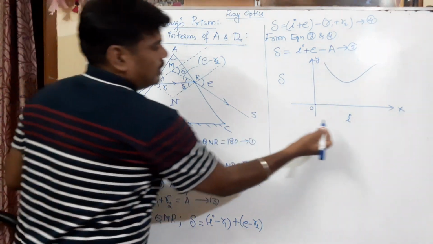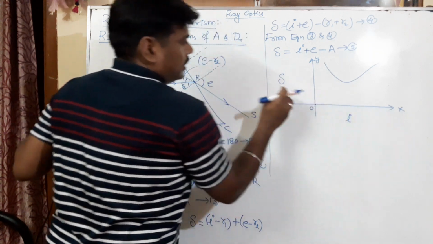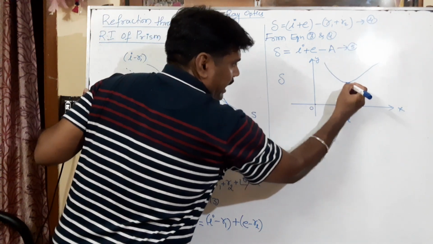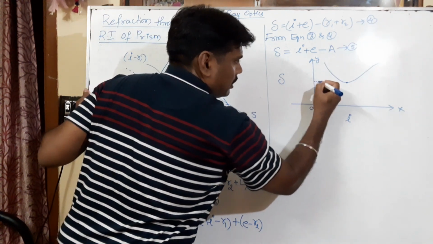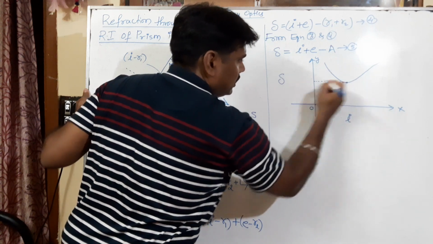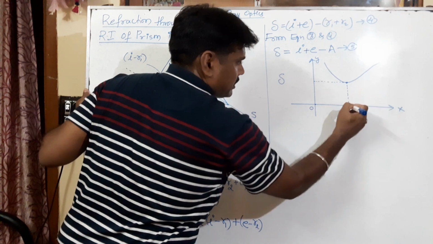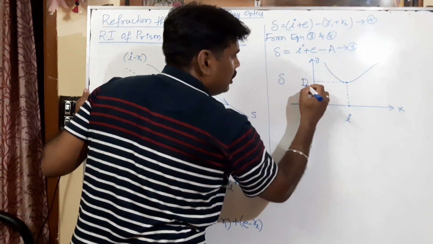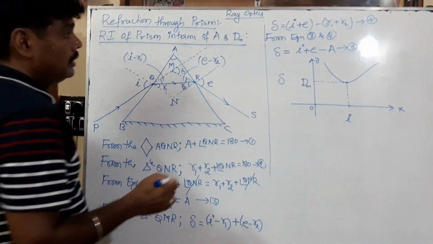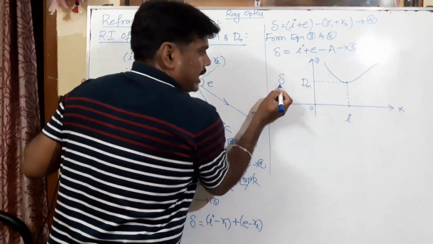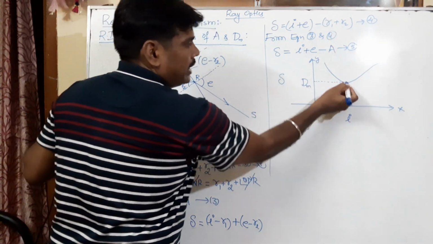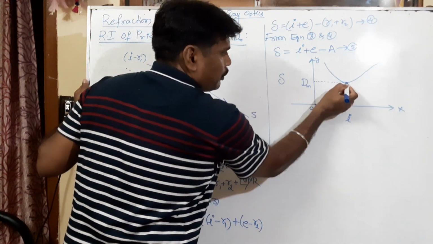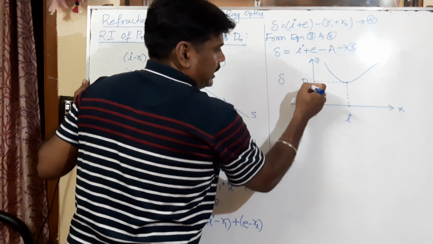So if you increase the angle of incidence, there are two types of variation. First it decreases, reaches a minimum, and then increases. At a certain angle of incidence, the deviation is minimum, so it is called minimum deviation, dm. This is a particular angle of deviation where the angle of incidence has a single value. What is meant by single value? Only at this angle of incidence is dm obtained.